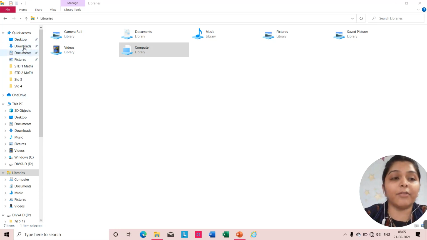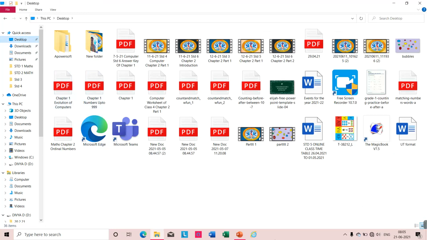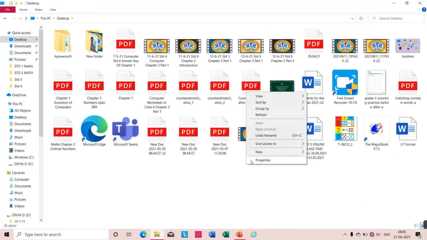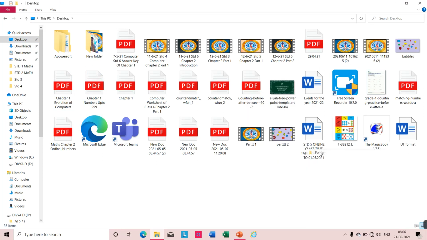easily access कर सकते हो. If I want to create it on desktop, here on the navigation pane, are you following my cursor? On the navigation pane on the left hand side, I will click on desktop. Yes, dear kids. So now here on the desktop, I want to create a folder. Okay, then I will right click anywhere. I will click on new and then I will click on folder. See here, as you can see, a new folder has been created.